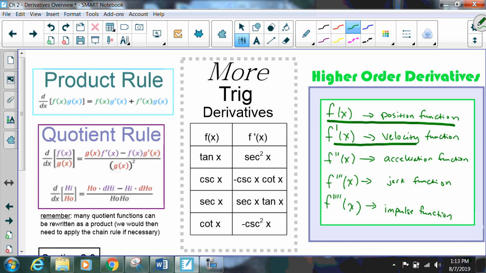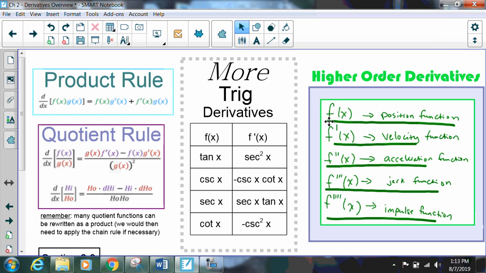When we take the derivative of the velocity, it's saying how fast does velocity change, so that's acceleration. And then I'm just going to pretend that I understand what the third derivative stands for, the jerk function, and the fourth derivative, the impulse function. Probably your physics teacher can explain what those mean, but that's what we find when we're doing our higher order